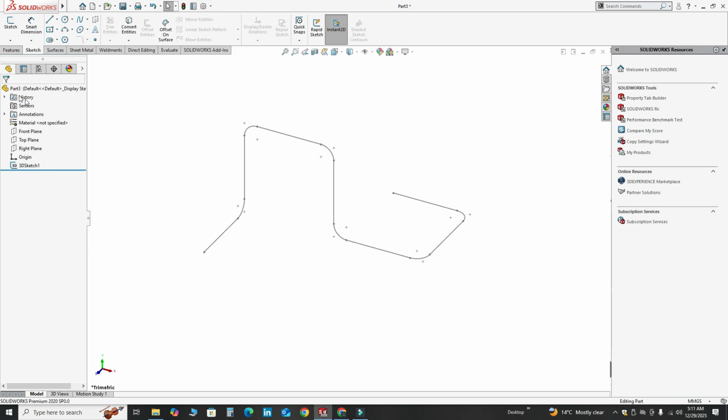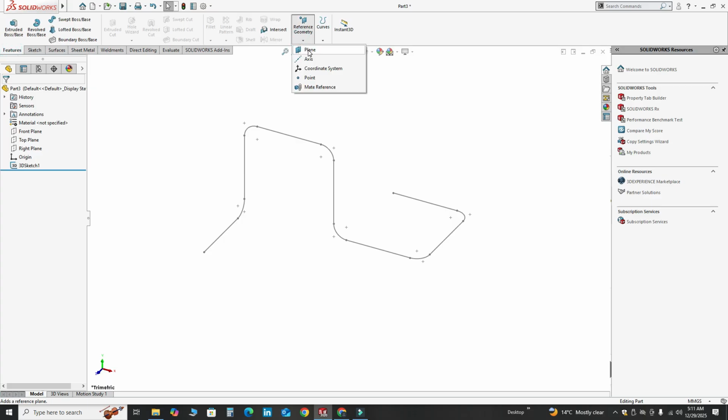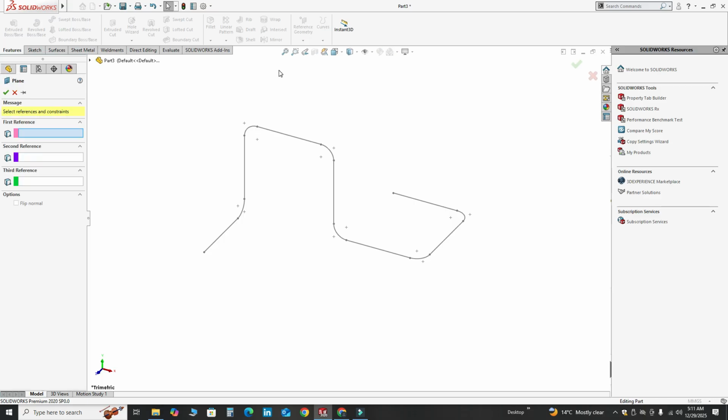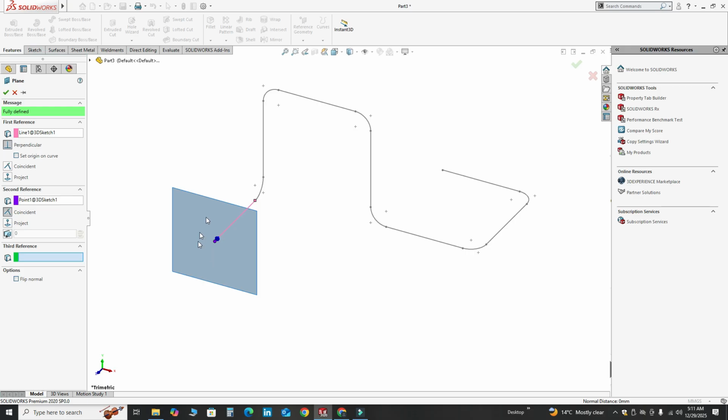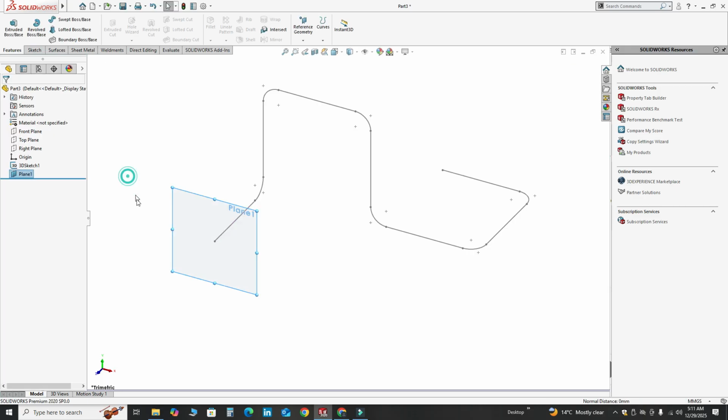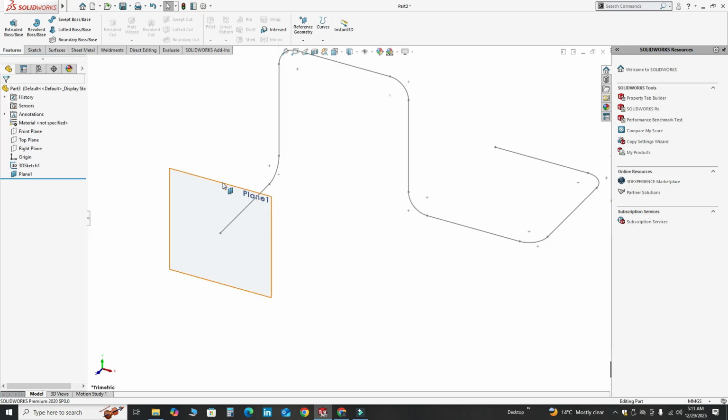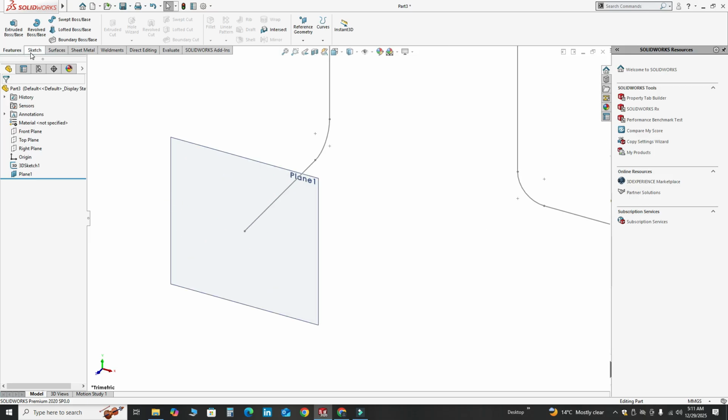So for making profile, just go to here, features, and then reference geometry, create plane. And here I have to create a reference plane. So I will select this line and I will select this point. Okay. Now you can see the plane. I will select OK. And I have to create a profile on this plane. So go to here, sketch.